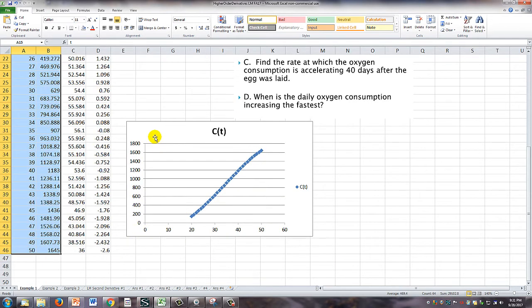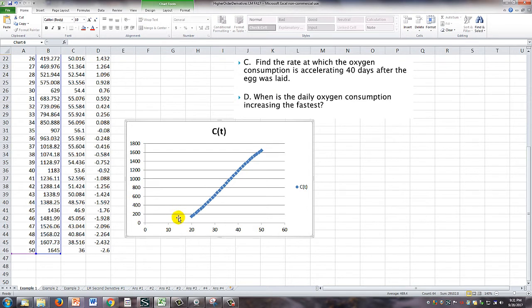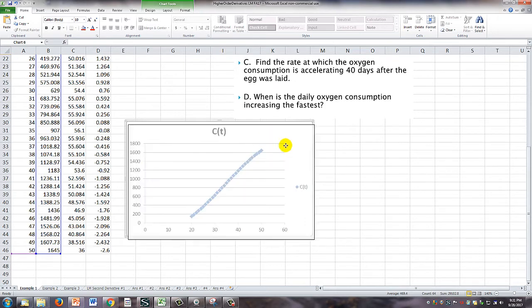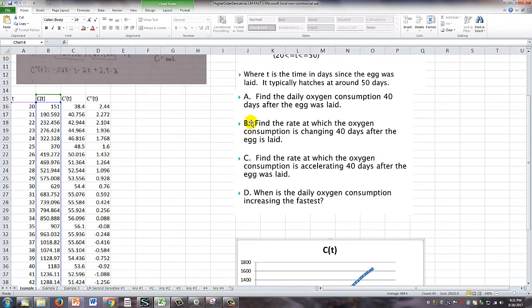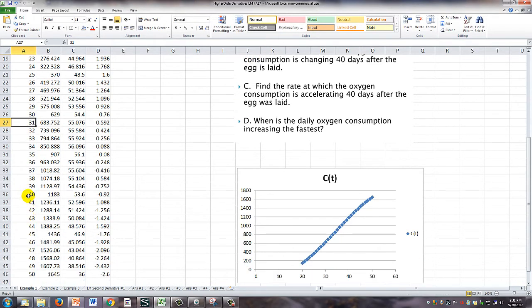Just want to look at the original function, and I can see slight concave up here, and around here it changes from concave up to concave down. And so we're going to answer all of these questions. So the first question, find the daily oxygen level consumption 40 days after the egg was laid. And so that's 40 and the original function, and that's